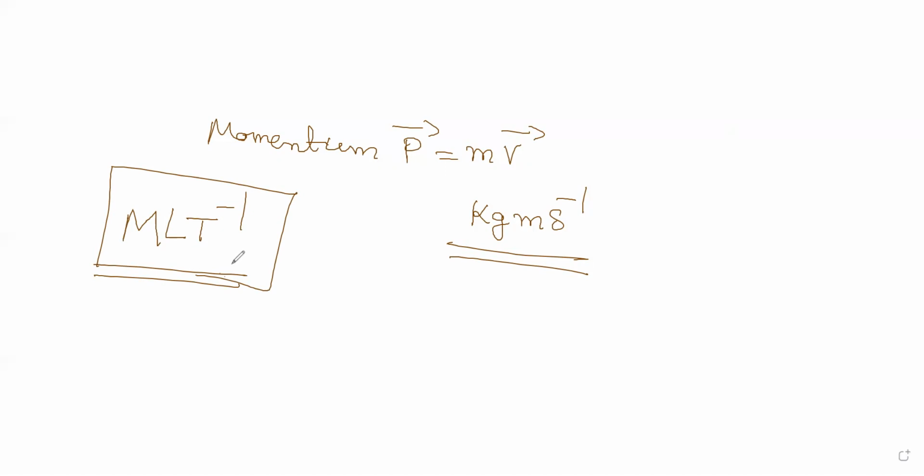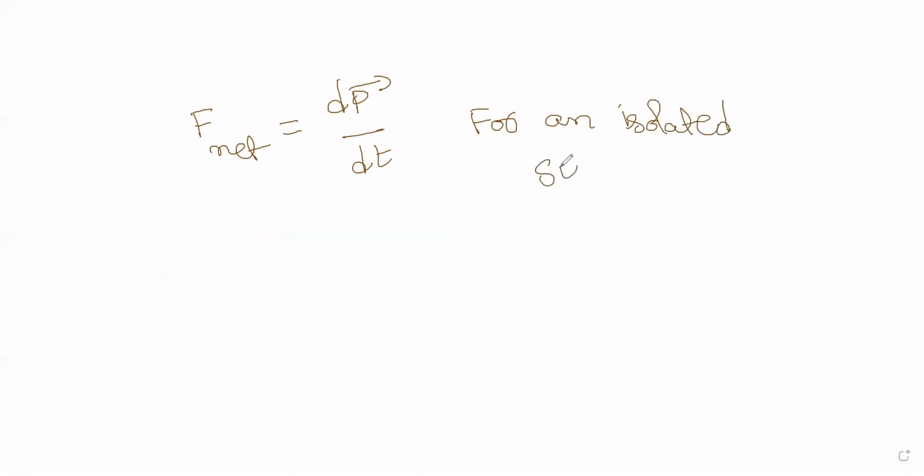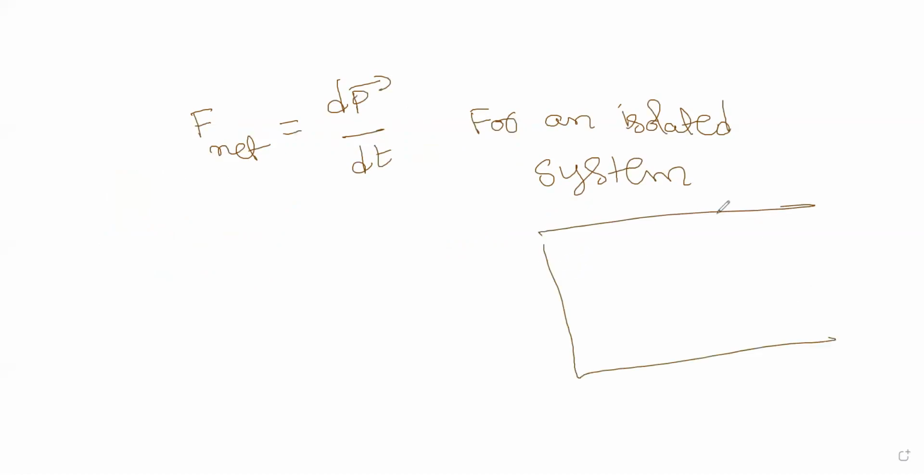The next part, what they have discussed is that now we see that the net force F net is equal to dP bar by dt. We know this. Now, for an isolated system, what is an isolated system? I'll explain that. I'll tell you. Isolated system is like when you have a dabba,